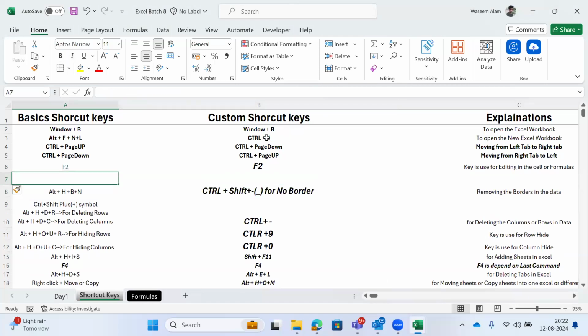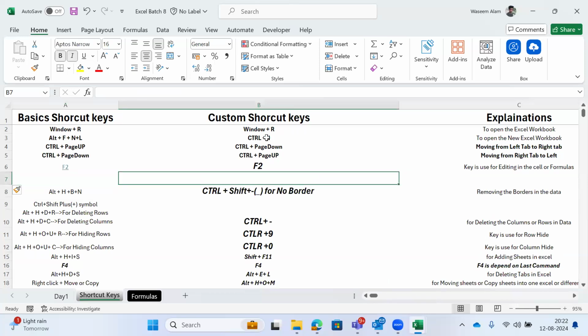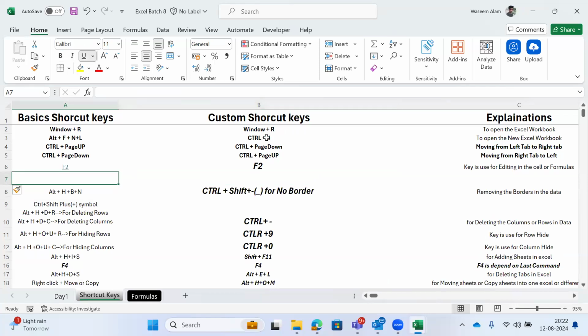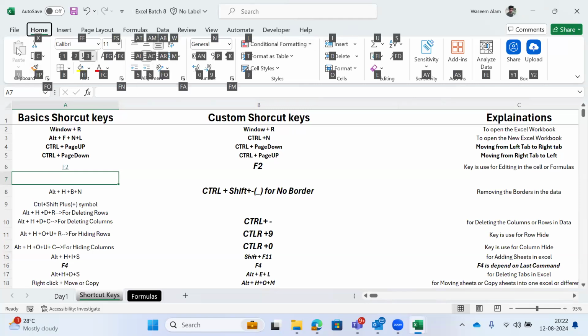Now let me start with basic shortcut keys, because once you understand the basic shortcut keys, you can easily remember custom shortcut keys. Okay. So if I press Alt, now we get these options. F stands for file, H stands for home. Similarly, we have all the other shortcut keys. Then if I press H, now we have entered the home tab,